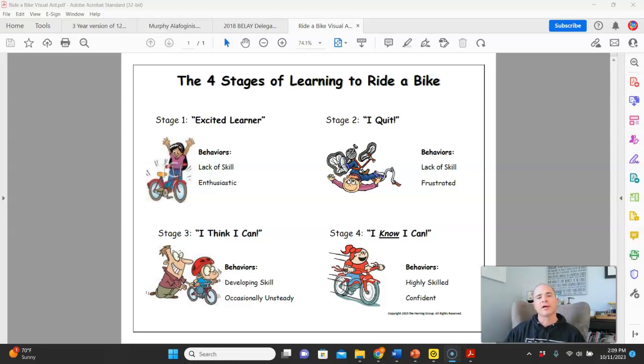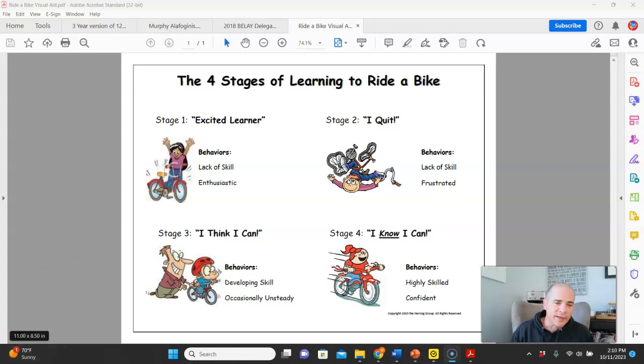But being aware of these stages, I think, can be helpful, and I wanted to share this model with you. And you can share it with your people, and some of them may have taught a kid to ride a bike, or taught a kid how to tie their shoes, or maybe they remember when they went through that learning curve of riding a bike or learning how to tie their shoes and how they hit the wall and got frustrated and everything. And you can also ask them questions like, hey, can you think of another area in your life where you were at a point where you wanted to quit?